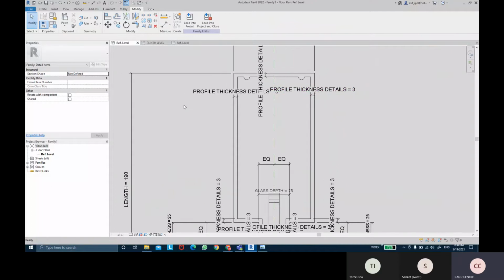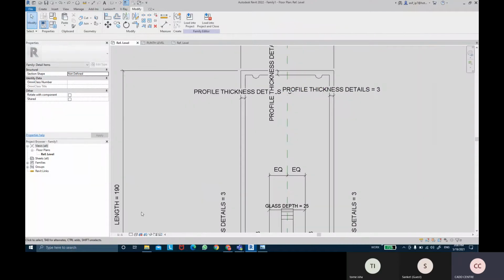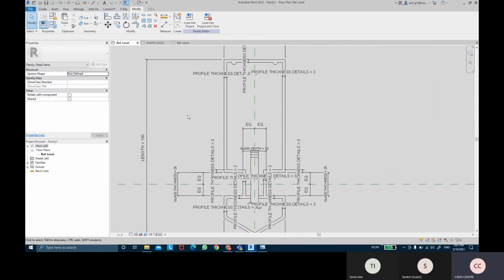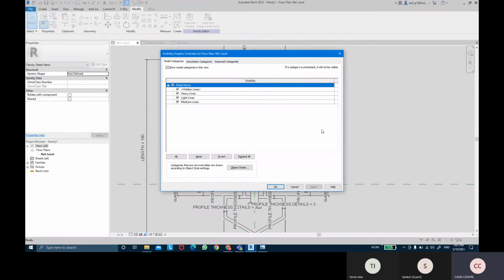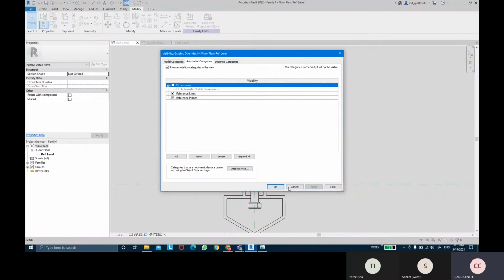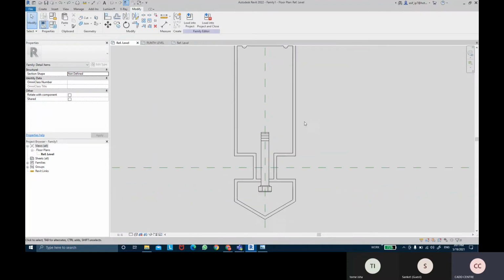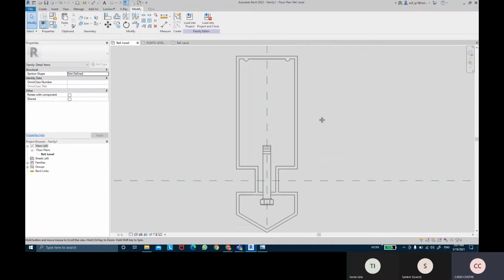And once we call that detailings, you can hide these parameters, dimensions that we are getting in. So we can come into visibility graphics, come into annotate category, and hide the dimensions. Okay, so we don't see dimension now, just see the profile details.